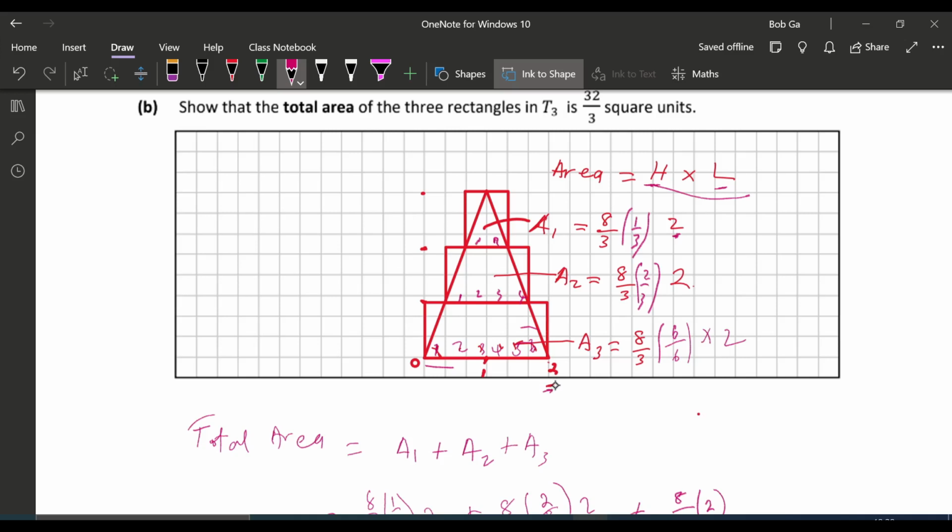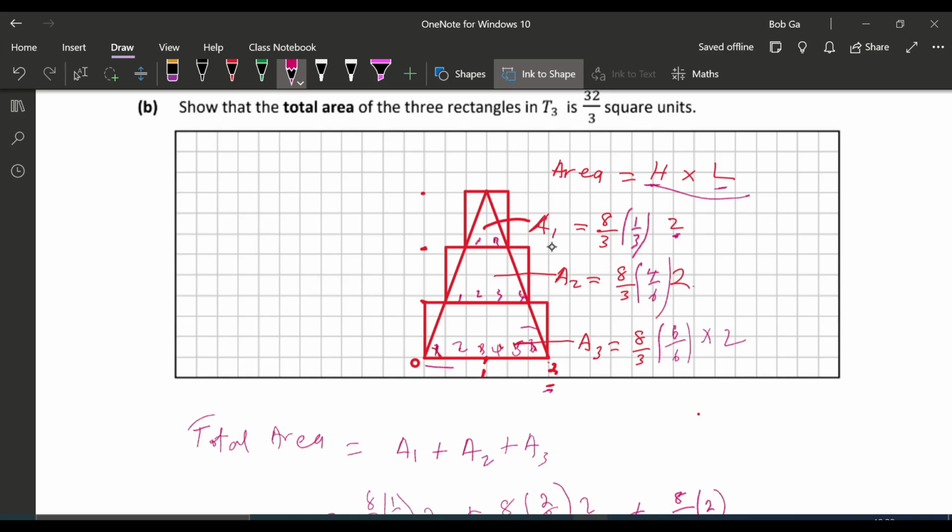And then the middle one takes 1, 2, 3, 4 out of 6 grids. So the middle rectangle takes 4 grids out of the 6 to make up the length. So it's going to be 4 out of the 6 total grids times the total unit,